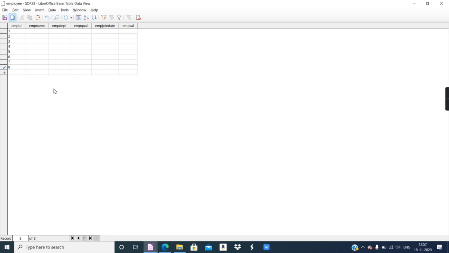1, 2, 3, 4, 5, 6, 7, 8. 8 records, they said. And purposely we will type some of the records as per given in the query. So in the query they need qualification, selection of a qualification as MBA, department as accounts. Some salary amount we will enter more than 70,000 so that we get some records filtered. Then a name as Mr. Suhas Kale also. So one name should be Mr. Suhas Kale.